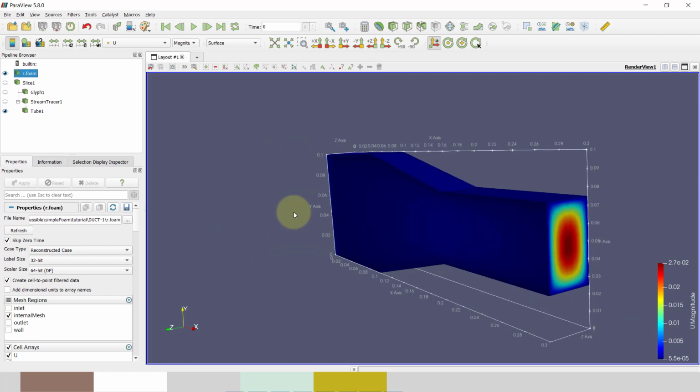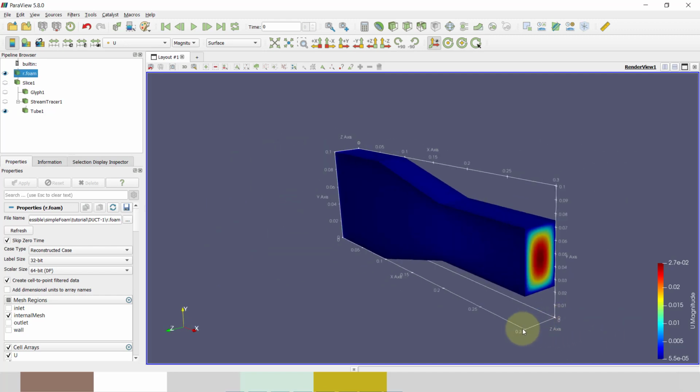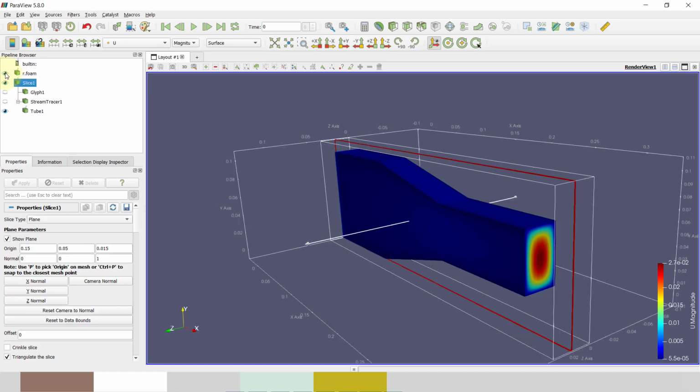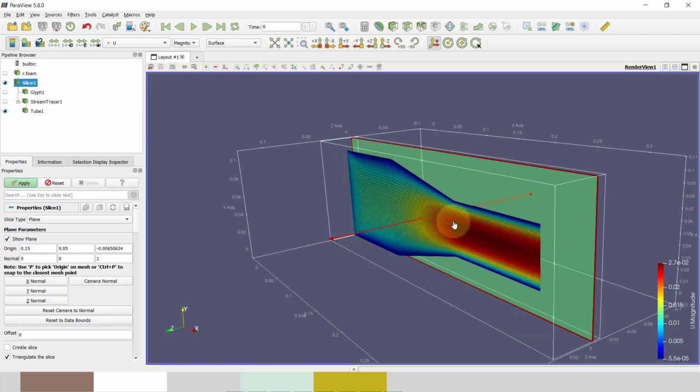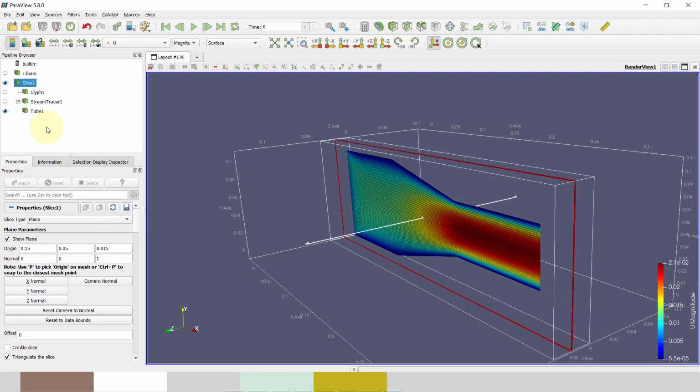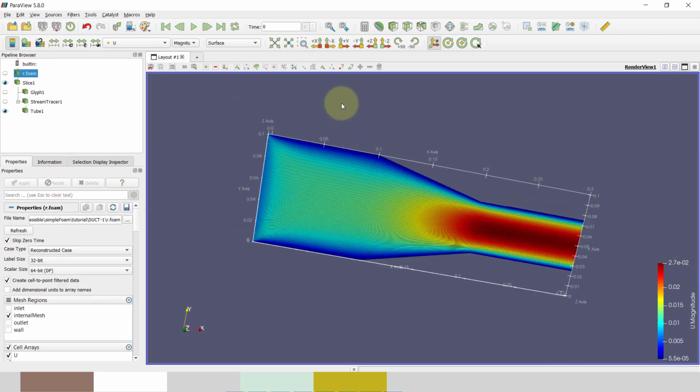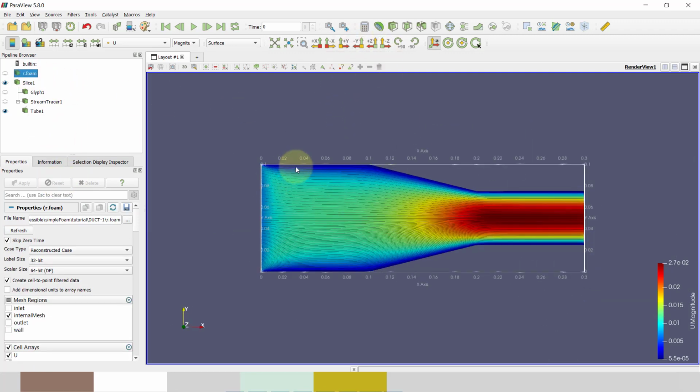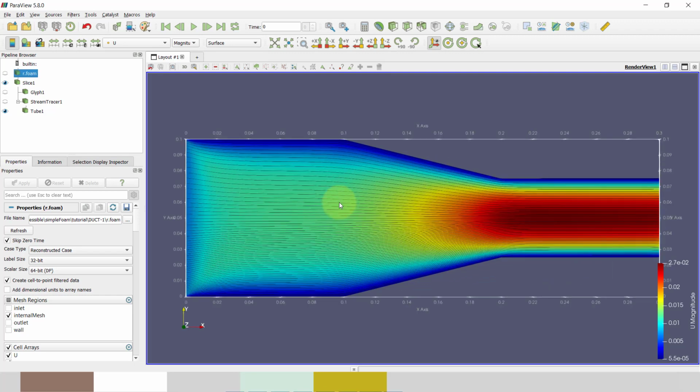Here you can see that our duct is around 30 mm lengthwise, and this height is 100 mm, and this height is 50 mm. If you want to see the result, you can see it in our scope. At the boundary there is very low velocity, and in the middle very high velocity, as we have observed. We will validate with our hand calculation.